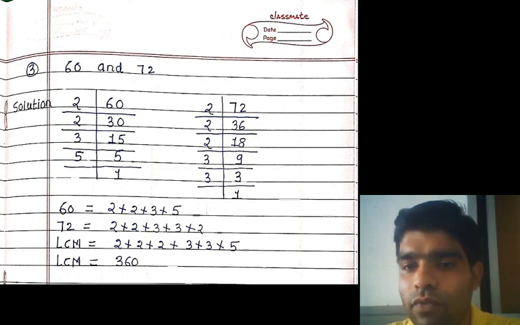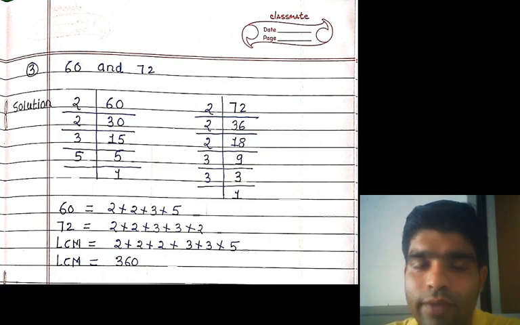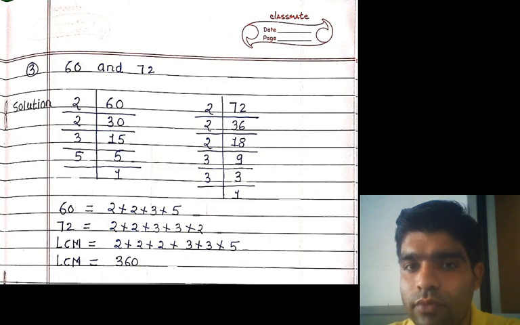Next we have to find this for 72. 72 divided by 2, your correct answer is 36. 36 is also divisible by 2. We have to use 2. 36 divided by 2, your answer is 18. 18 is also divisible by 2, 9 times, because 2 nines are 18. And 9 is also divisible by 3, because 3 threes are 9, and 3 divided by 3, your correct answer is 1.